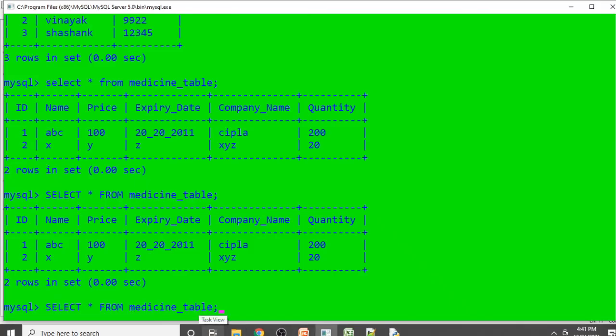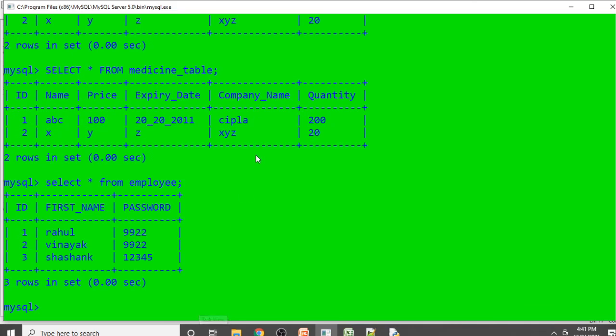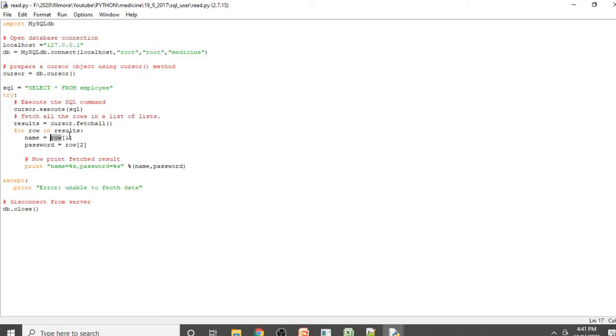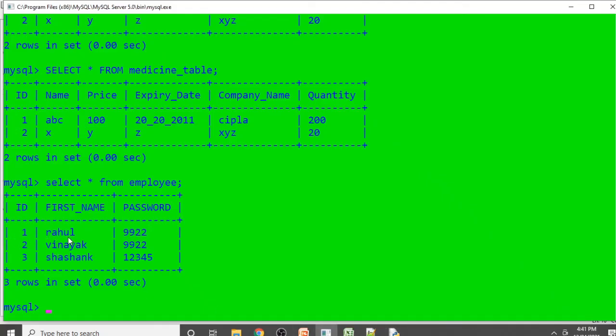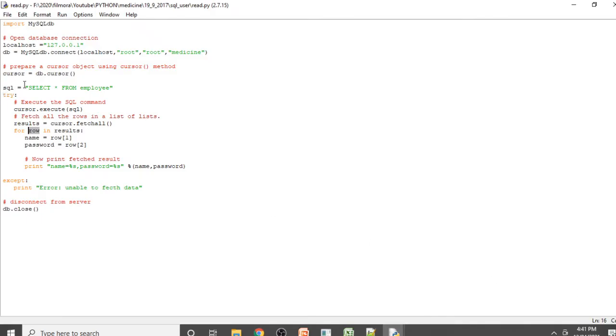So let's see. Okay, this will iterate three times because there are three data. You can see the starting row value is 0, so it will go to row value 0. Inside row value 0 it will first fetch the name and then fetch the password data, this one row 1 and row 2, and that name and password get stored into these variables.